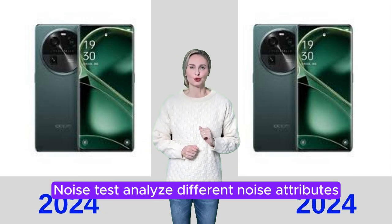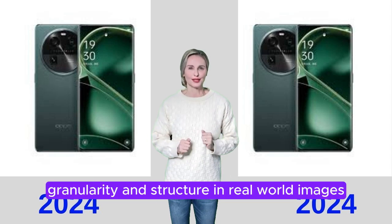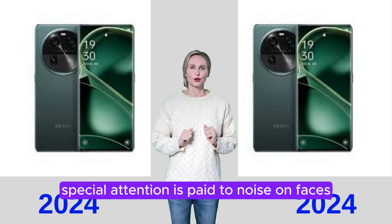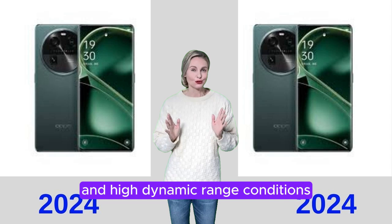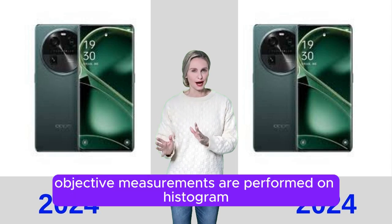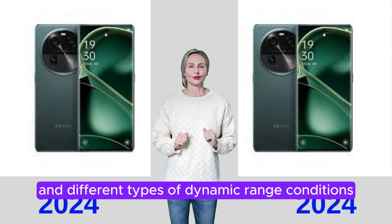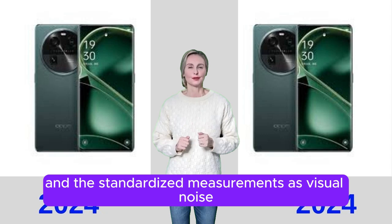Noise tests analyze different noise attributes such as density, color, granularity, and structure in real-world images as well as chart images captured in the laboratory. For natural images, special attention is paid to noise on faces and landscapes, but also in dark areas and high dynamic range conditions. Noise on moving objects in natural images is also evaluated. Objective measurements are performed on images captured at different conditions from 1 to 1000 lux and different types of dynamic range conditions. The chart used is the Dead Leaves chart and the standardized measurements as visual noise derived from ISO